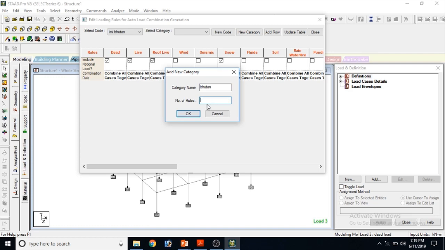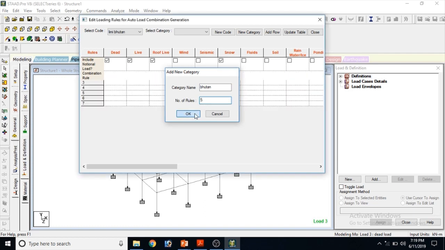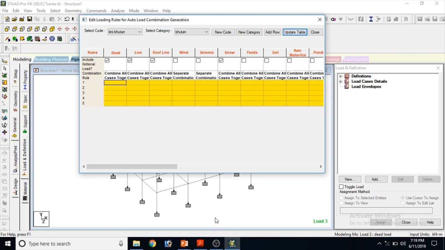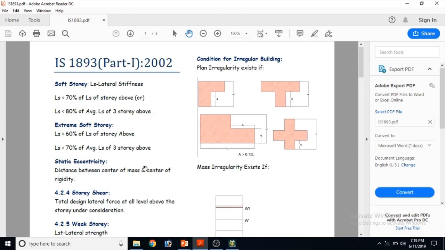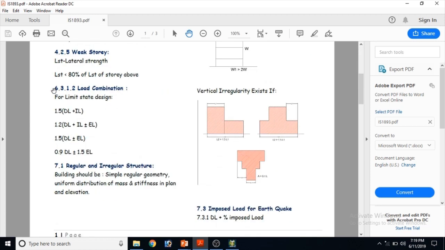Number of rules, let it be 5 right now. Add. Okay, now we can refer to IS 1893 2002 clause 6.3.2.1 load combination for limit